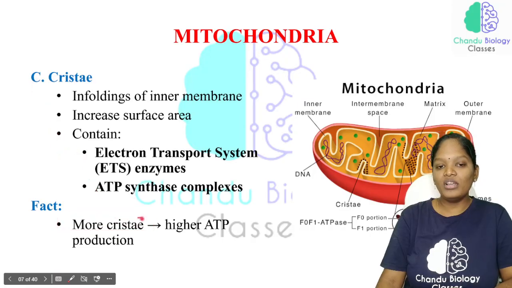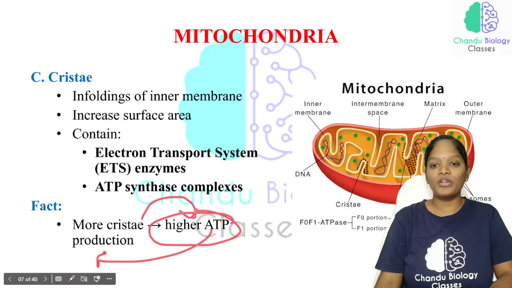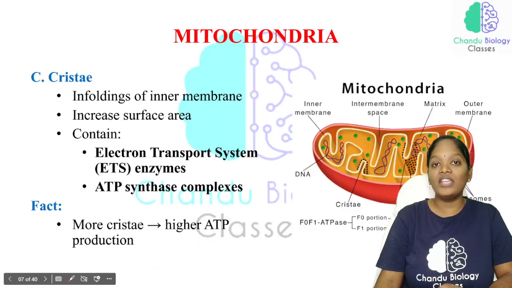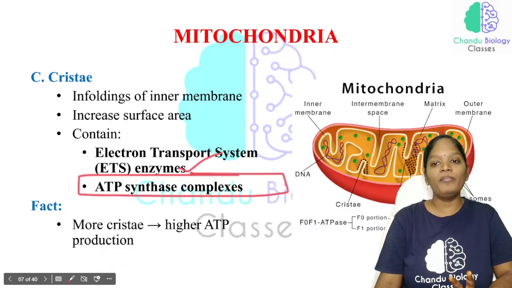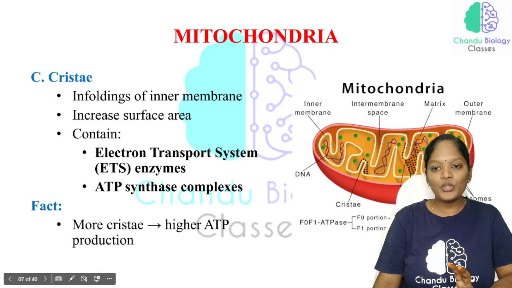As they are having more cristae, they are having higher ATP production. Okay, more cristae leads to higher ATP production. Why? Because these cristae are having electron transport enzymes and ATP synthase complexes. See, this is how, all these brown colored things present in